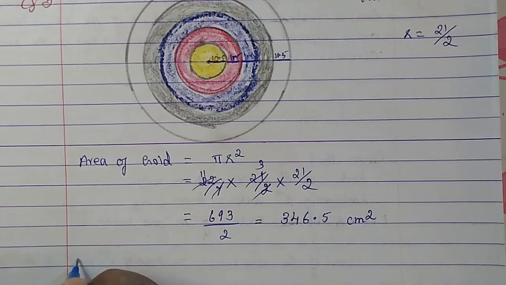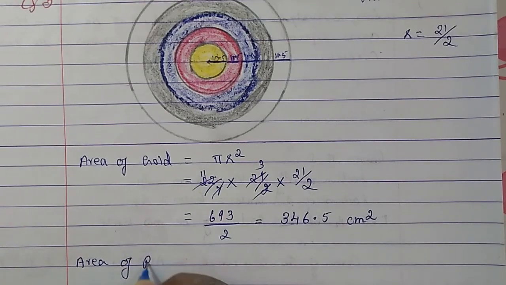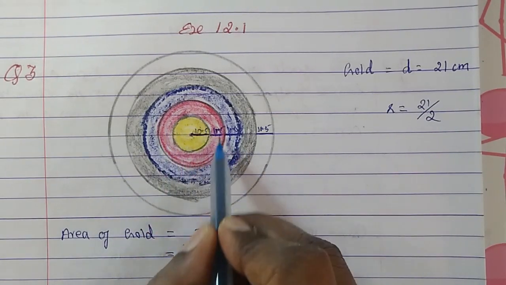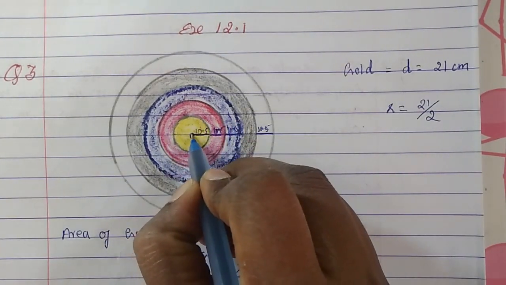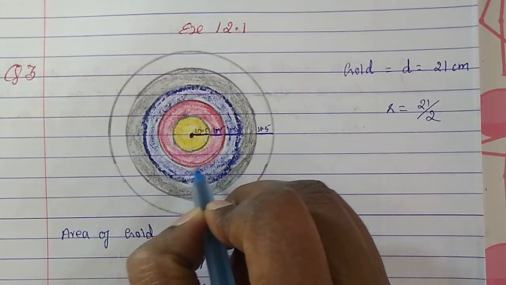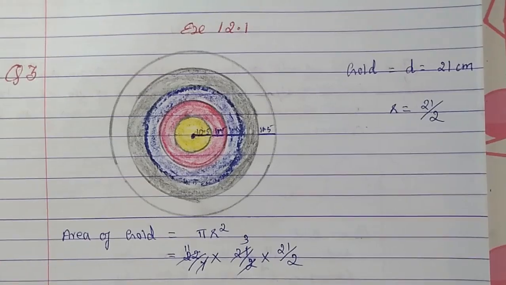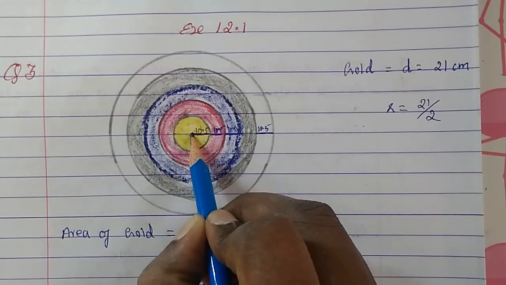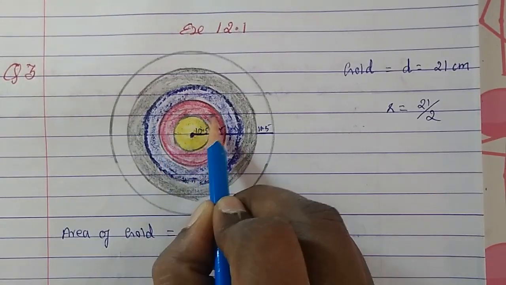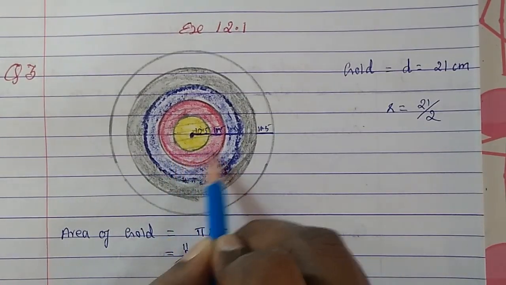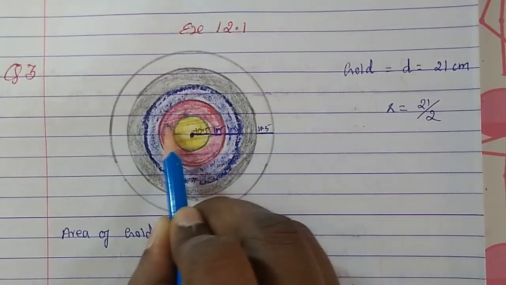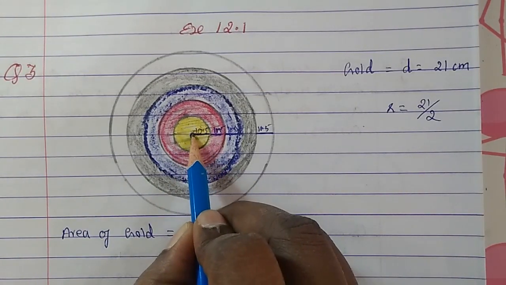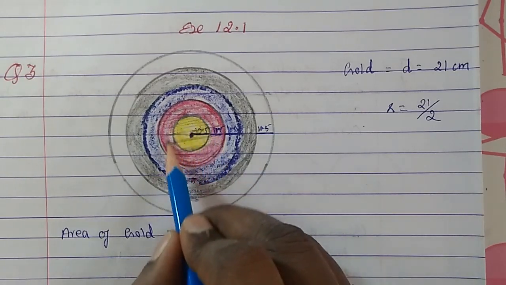Now let's go to find out the area of the red band. Okay, now you have to understand. To find out the area of the red band, first of all, the center is here and you take the red band. Then what we have to do? We will take the whole area of this circle. Whole means the center is here, so the whole thing from red and the gold together. If we find out the area of this circle together, from there this much part we will minus it. When we minus it, we will get the area of this red band.